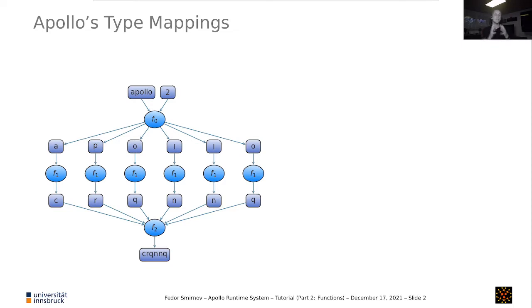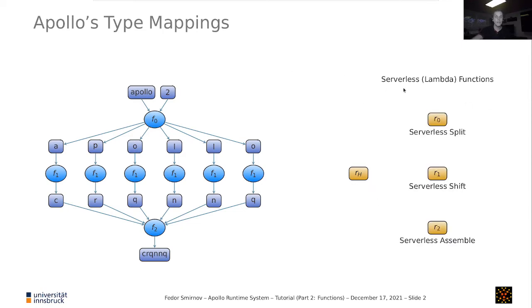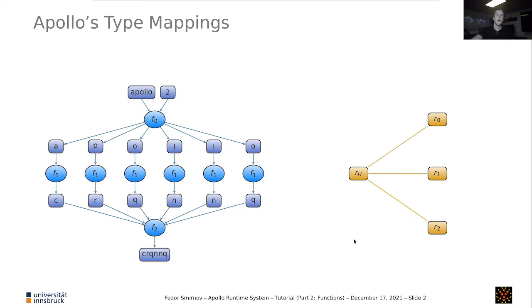Now, of course, if you want to run your application, you need something that actually executes this function code, and this is what we refer to as resources. So how Apollo sees that is that essentially each of these functions can be executed on a resource, for example, on your laptop or PC, or on serverless Lambda functions, and each of these possible ways of executing a function is modeled as a resource. And then Apollo sees how they are connected. It, for example, knows that your laptop can talk to serverless functions,